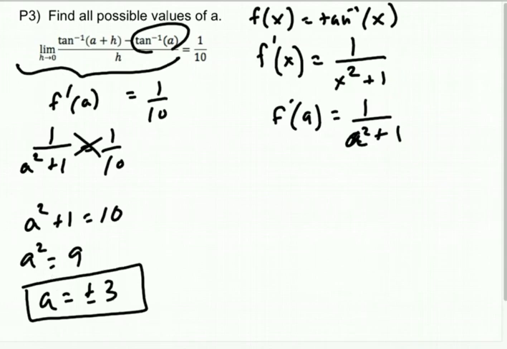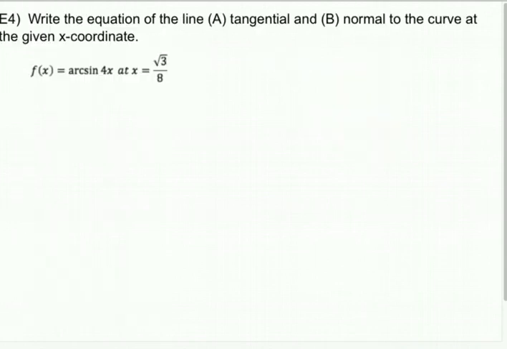Cool. All right. For E4, we're going to write the equation of the line that is tangential and normal to the curve at the given point. Tangential is the adjectival form of the word tangent. Okay, so